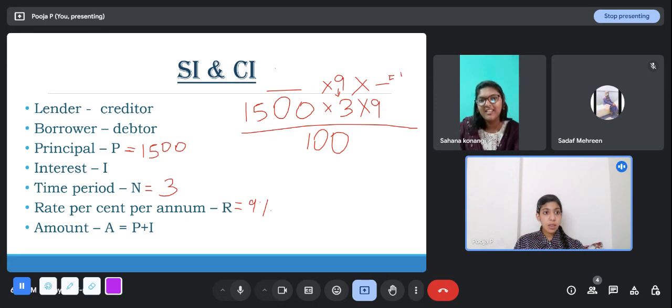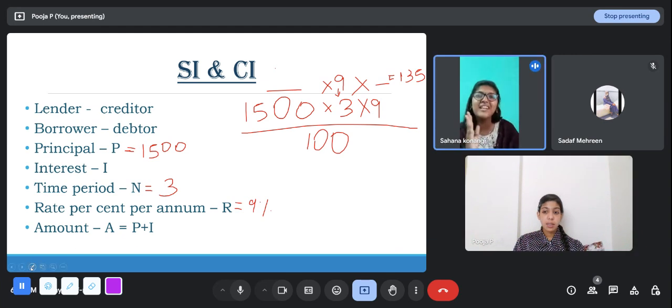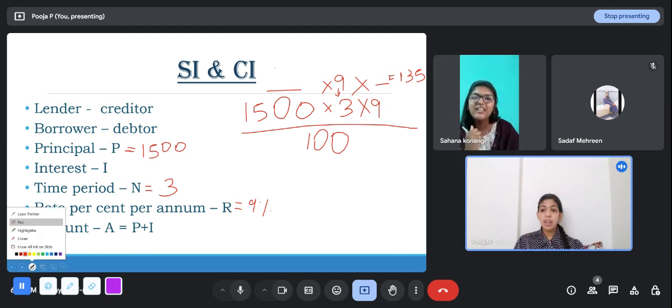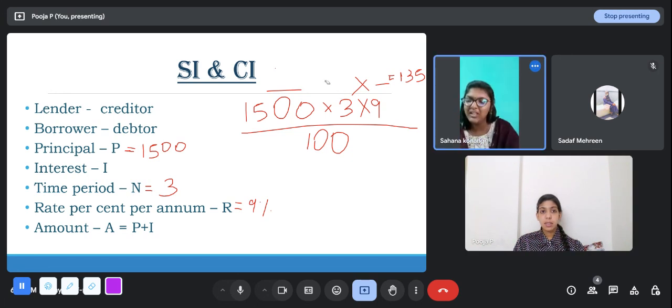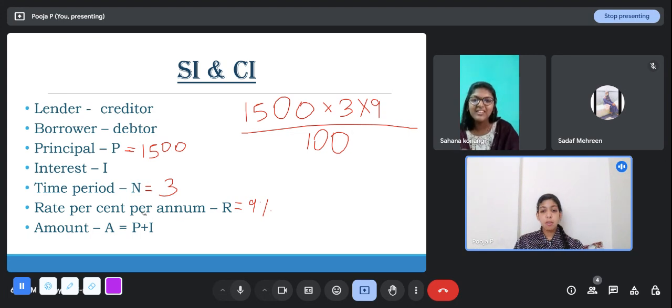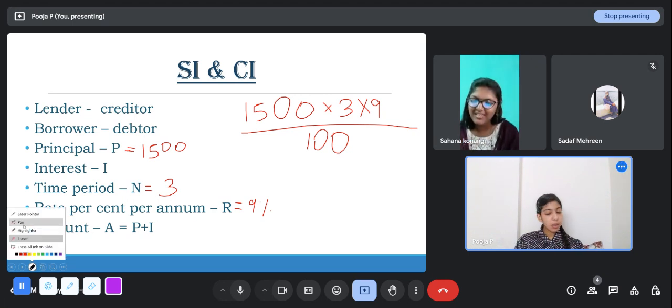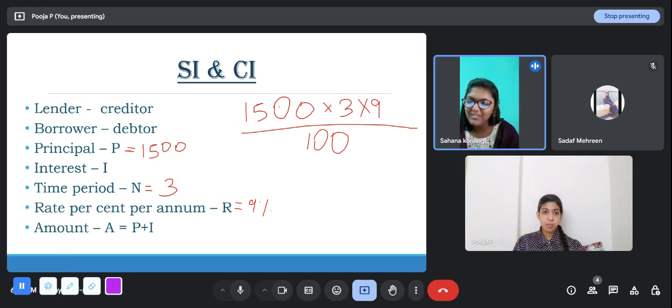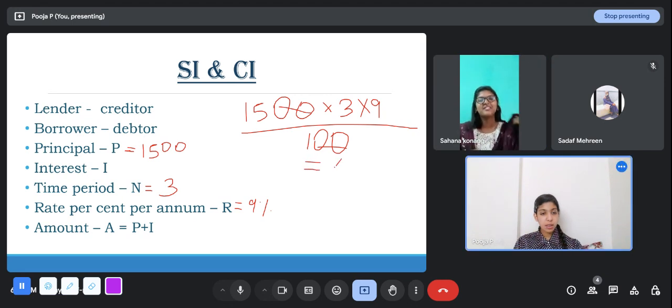So directly, if you try dividing 135 by 3, however, two zeros will get cancelled, that is anyway there. Now 15 into 9 into 3. However, same calculation it will get. Before you got 15 into 9 into 9. Now you will get 15 into 9 into 3. Agreed. Then it will be 405. Correct.